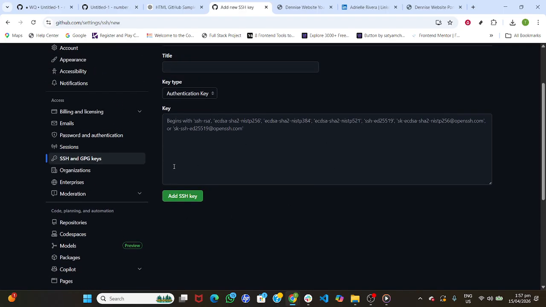That's it. Your account now trusts your device for SSH operations, and you can use the SSH option from the Code menu on your repositories to work securely and conveniently. If you ever rotate devices, repeat these exact